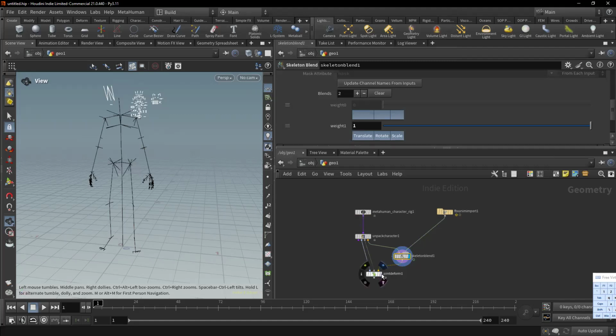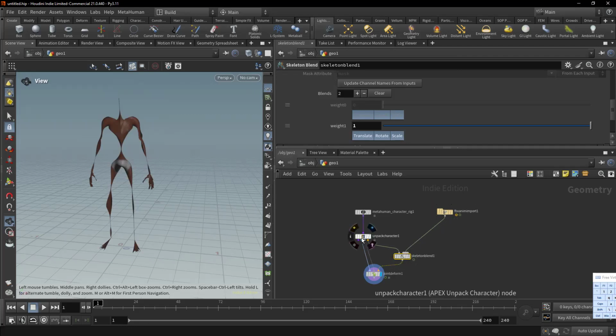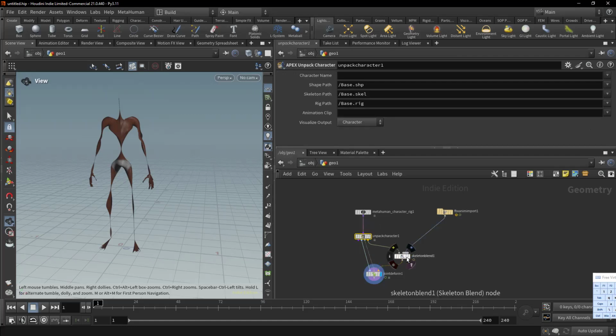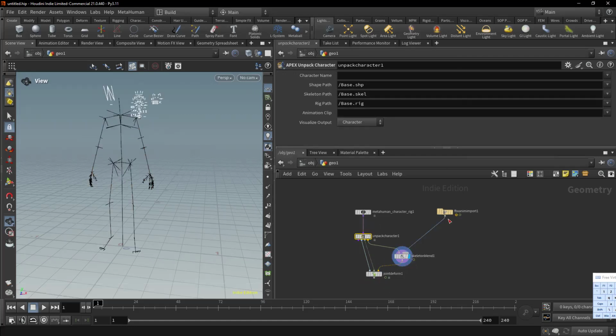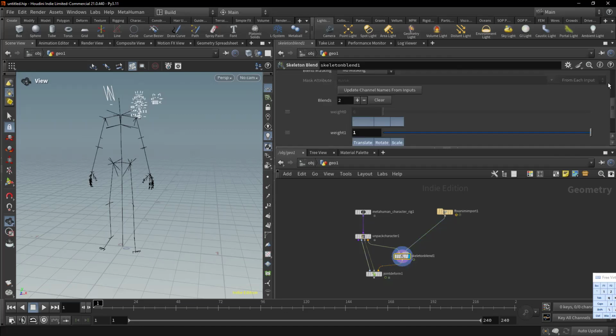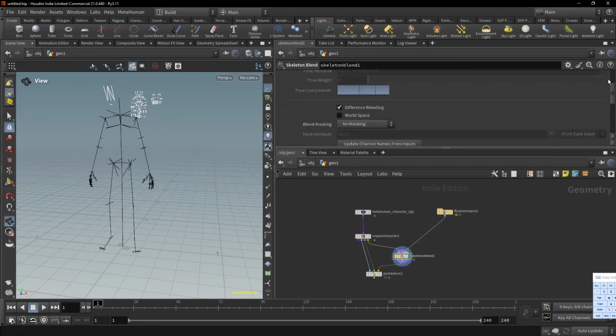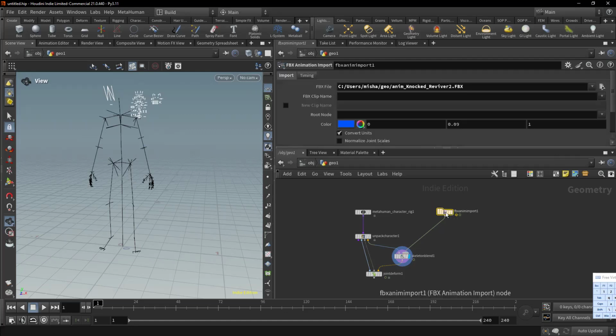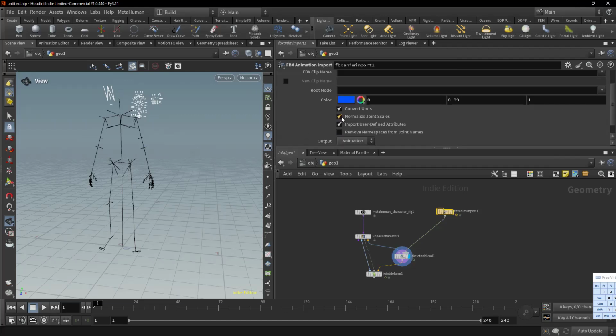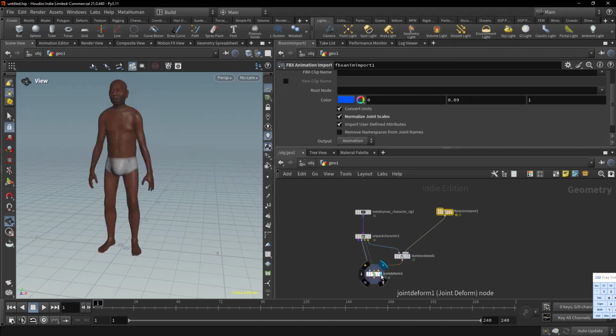And in joint deform, if we set the corrections for our Skeleton Blend, the FBX import should be set to normalized joint scales. Now we can correctly see our character joined with the animation,